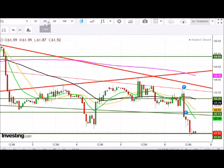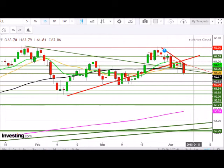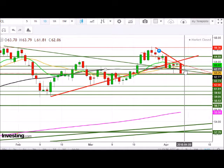So let's go ahead and look at our daily time frame. Looking at the daily, you can see clear rejections here, very bearish. We're going to see that push upwards again to see the test of the 50 period moving average, and then a very nice big move coming to the downside. First area to really watch for is around the 61 level, test of the broken support, and then another move